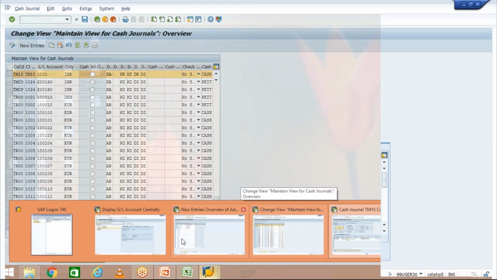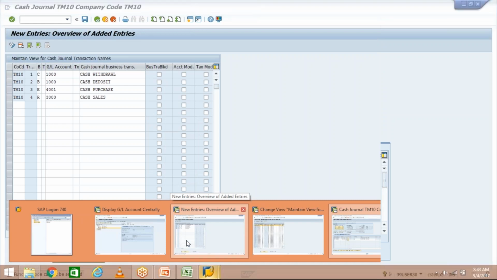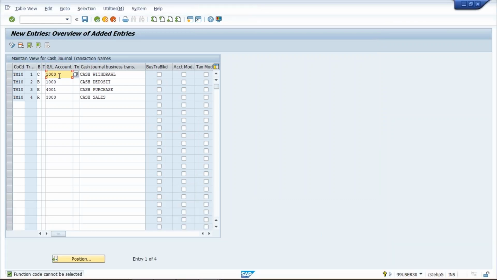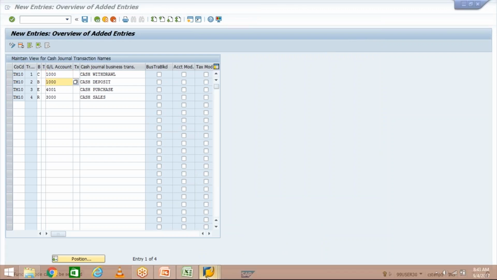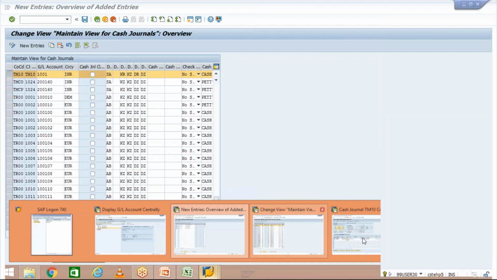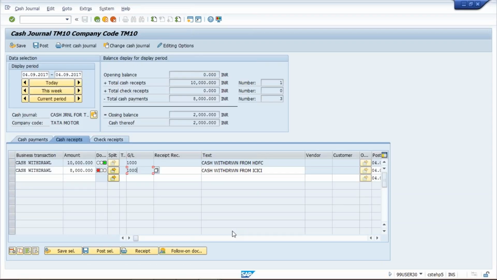They will say that during configuration I have given the HDFC Bank GL, because only one bank GL we can give here. You cannot enter more than one bank account. So now you have given the HDFC Bank GL by default. So whenever transactions take place, let's suppose withdrawal or deposit, the system by default is going to fetch the HDFC Bank GL itself.